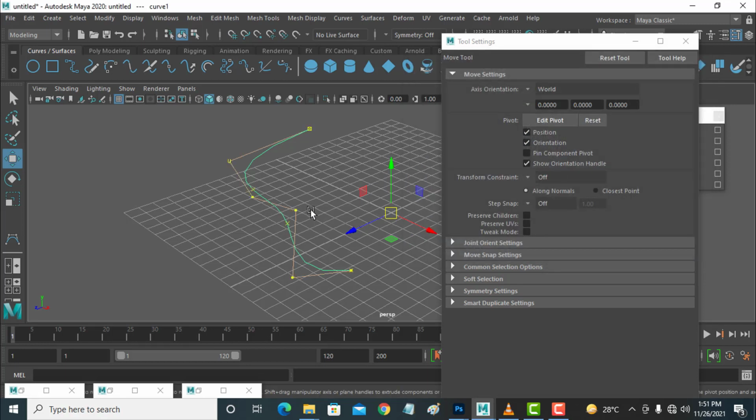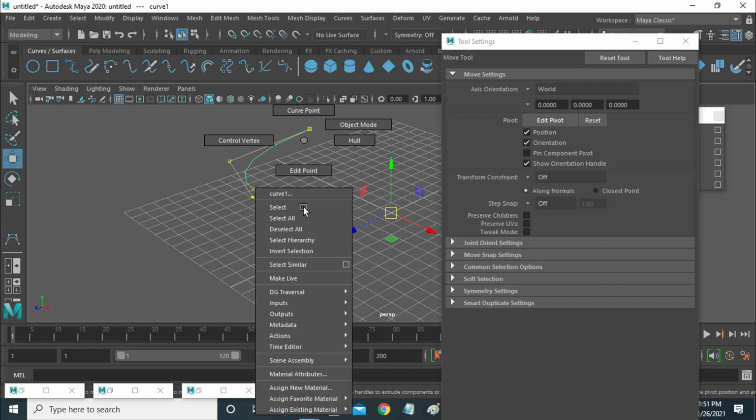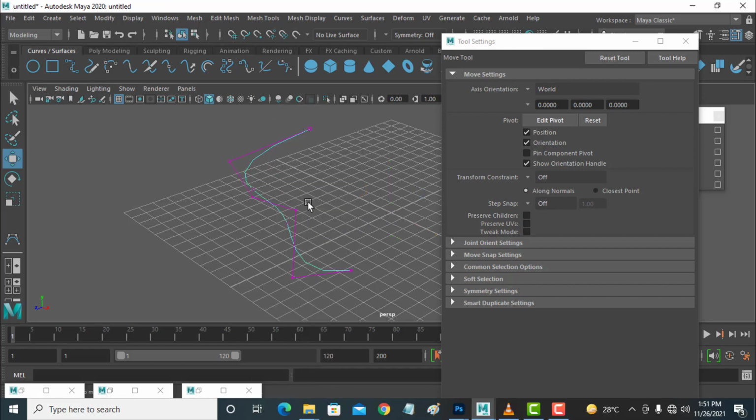So you can see all the options of vertex and lines. So you can edit like this, like control vertex, like this, and this is the outer line. You can adjust the line from this.